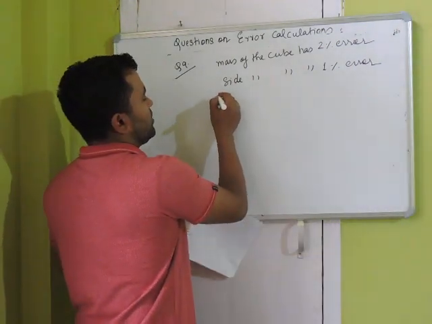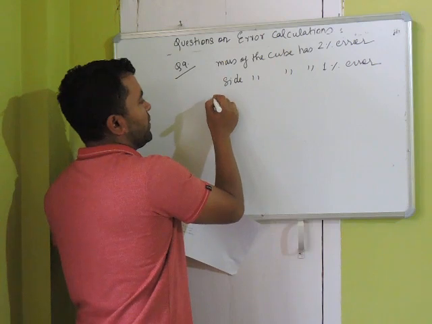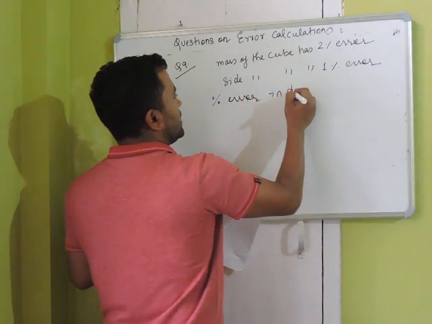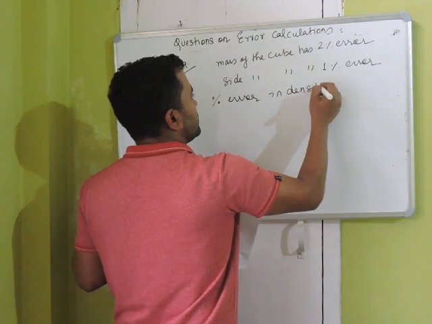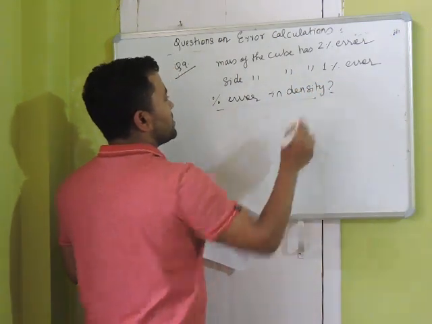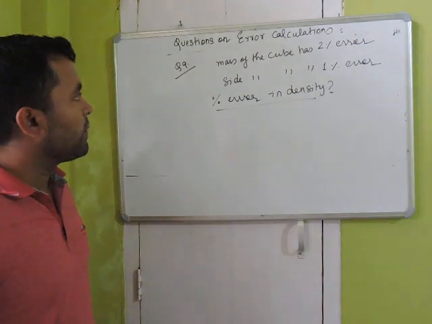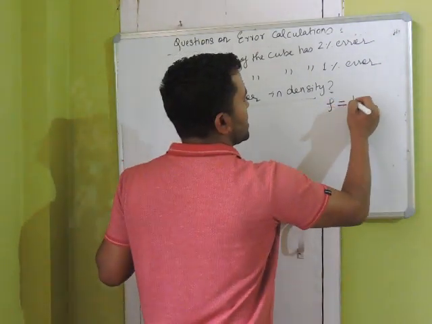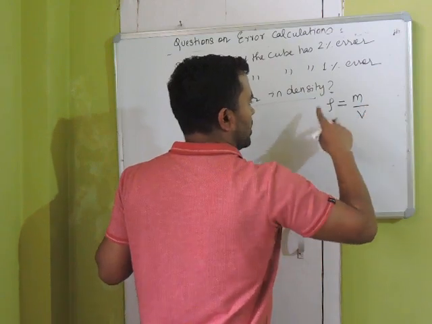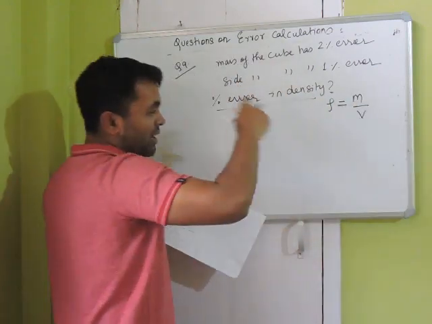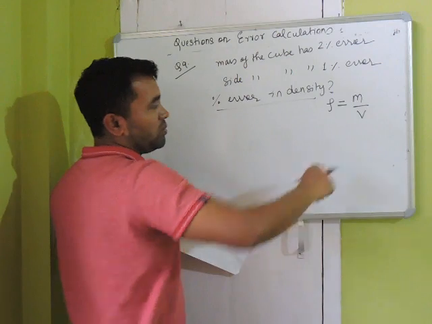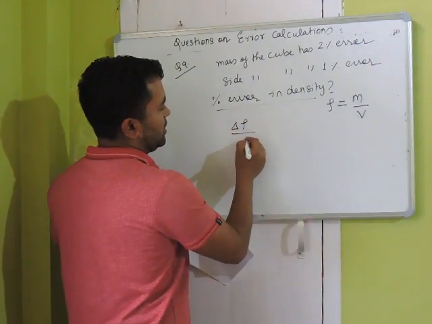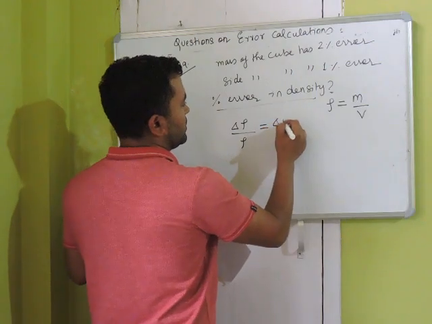So you have to calculate the percentage error in density. We have to calculate how much percentage error is there in density. Now we all know that density is mass by volume. So the error will pile up according to the division rule. So error in density will be written as,